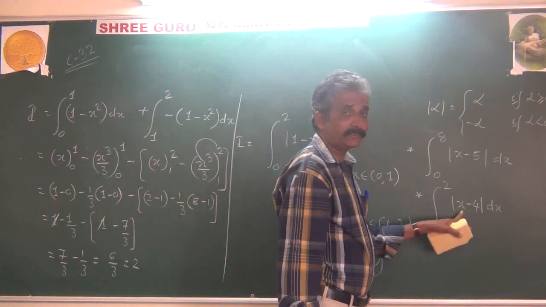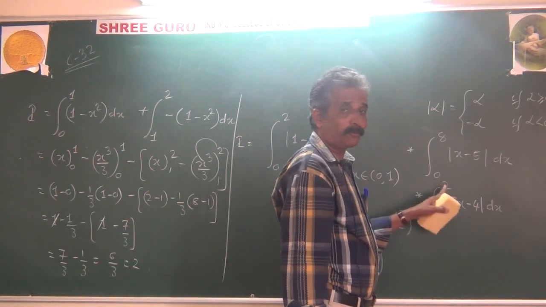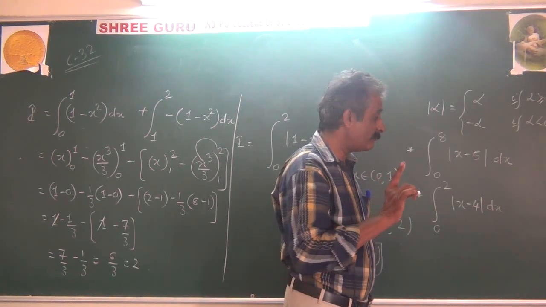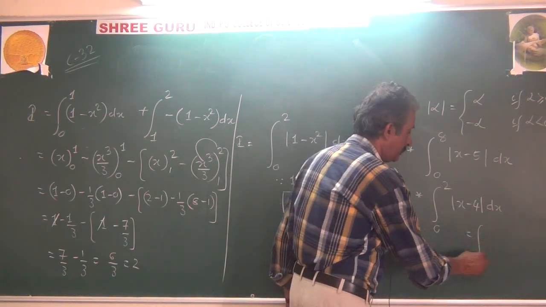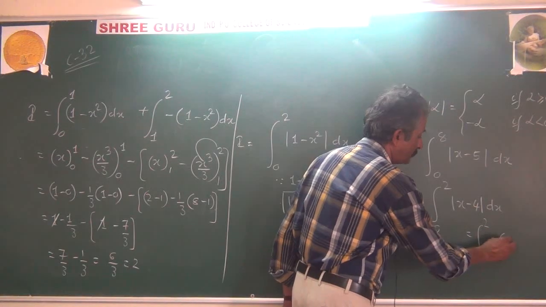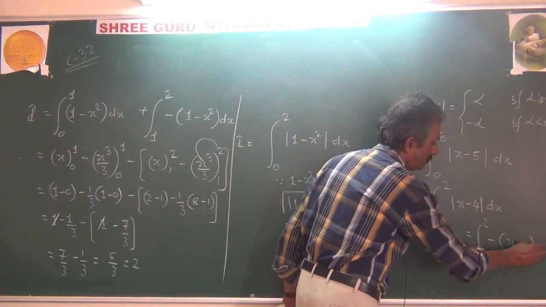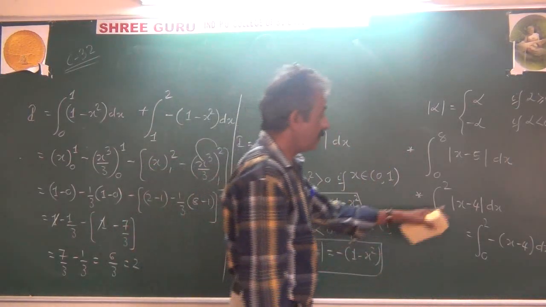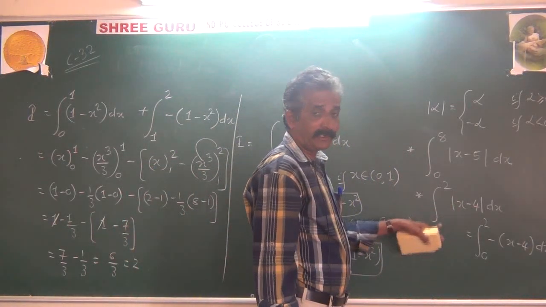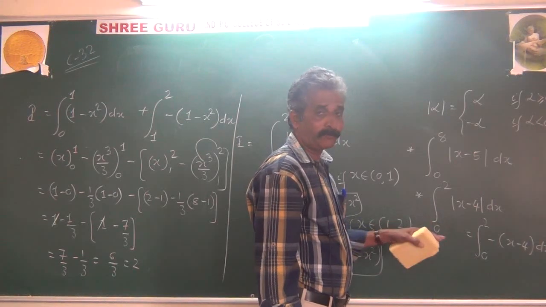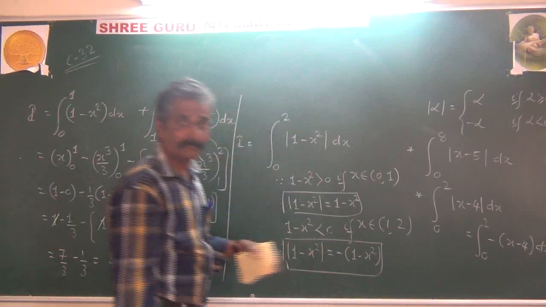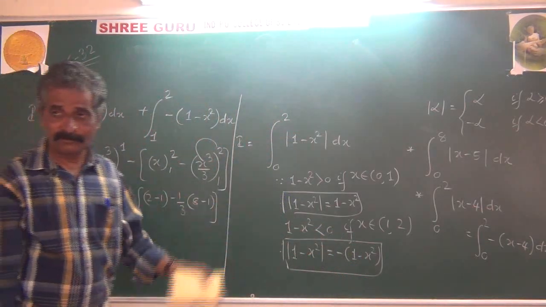If x is less than 1, maybe 0 to 1, 1 to 2 will become negative. Here you get only one integration, that is 0 to 2 minus of x minus 4, that's all. No need of breaking, don't break, because whenever x is less than 4, x minus 4 becomes negative. That's only one integration we do. So tomorrow we shall meet, the next class we shall meet for the problem number